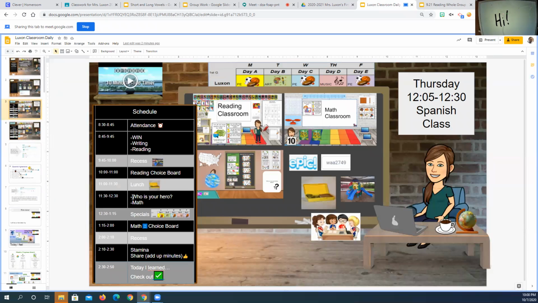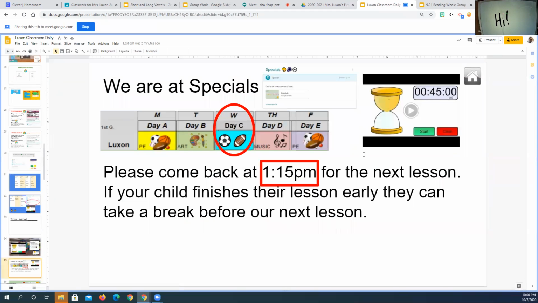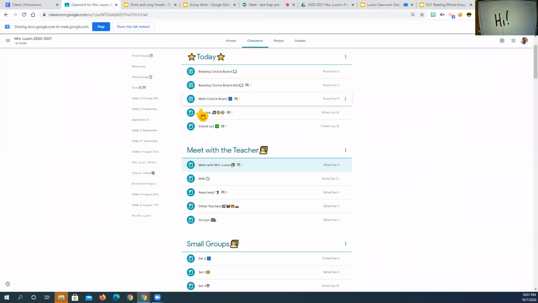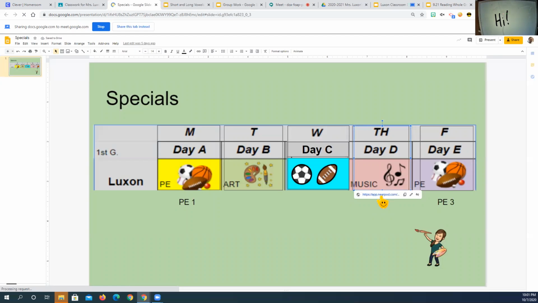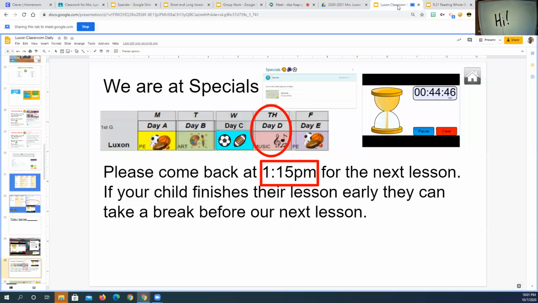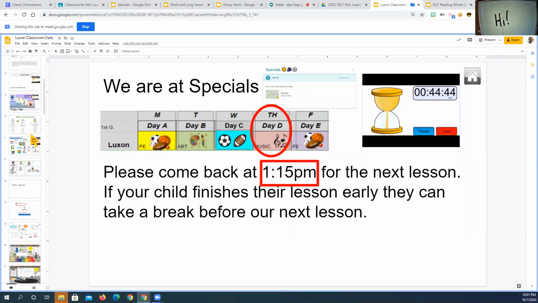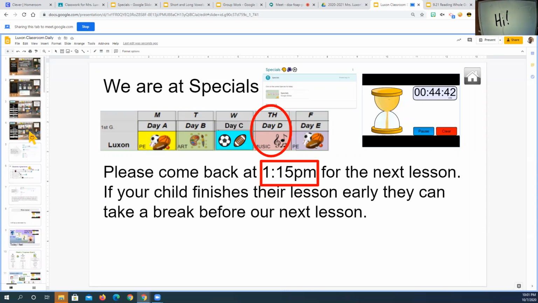After lunch, we were talking about who is your hero. We did some writing and then some math, and then they go to specials. And so I click on that special slide. The special slide shows them, like tomorrow will be music. So it shows them what they need to click on. And again, I start the timer. They know that they go to the specials slide in the classroom, and then they know they're going to be clicking on music, and that link is going to send them to the music lesson for that week. And then if we go back up,